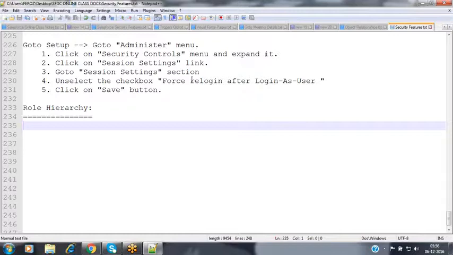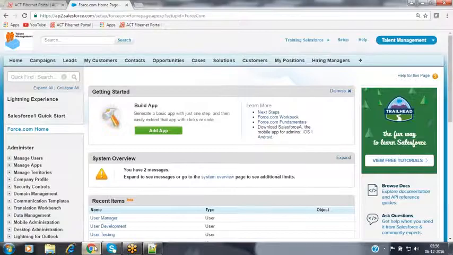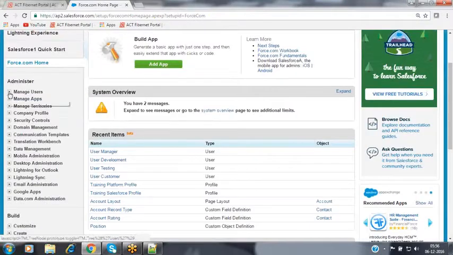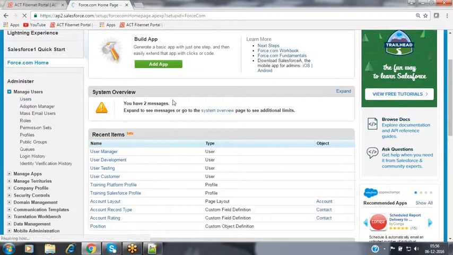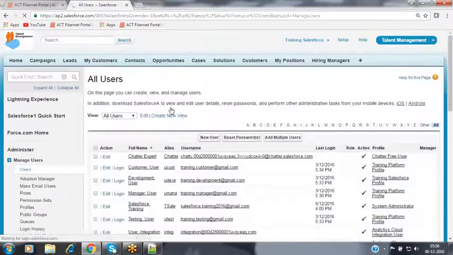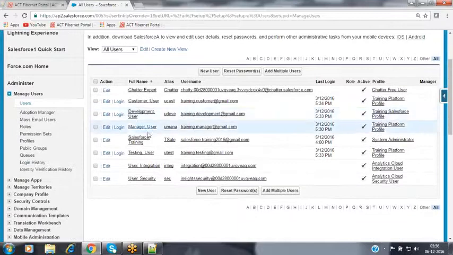Now, Firoz, in the last session we discussed how to create the users, how to configure the profiles, and how to log in from the administrator to other users whenever troubleshooting is required.